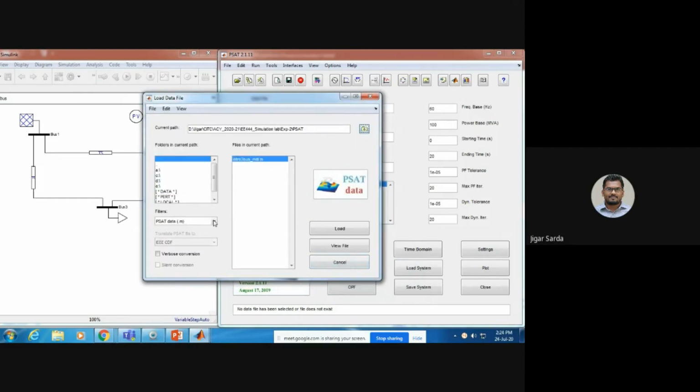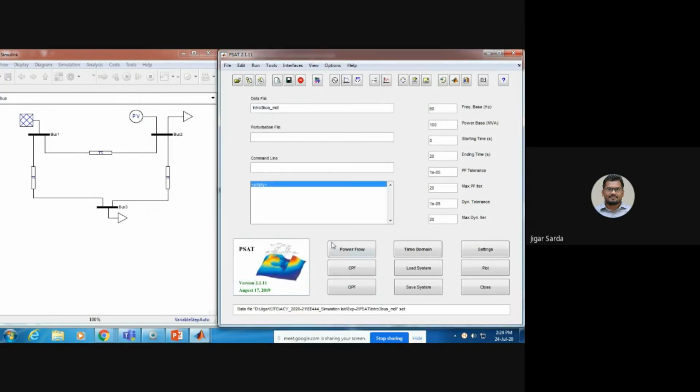We have saved the file with the .mdl extension, therefore this file is present. Load it. Set the frequency to 60 Hz and click on the power flow button. So the power flow is done in PSET software. The completion time is 0.293 seconds.